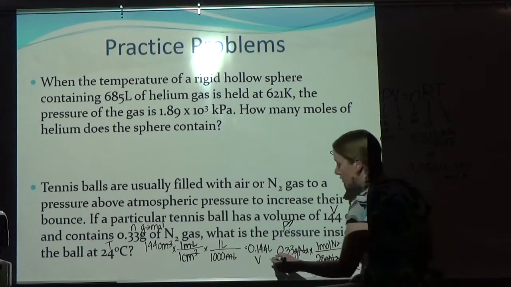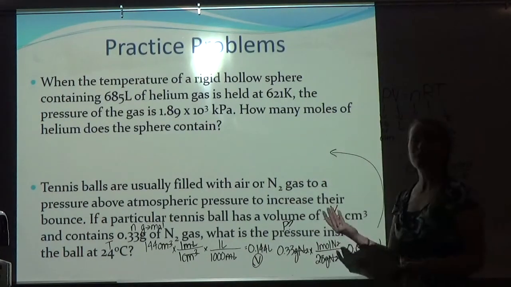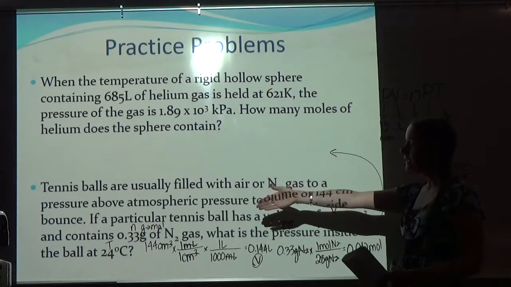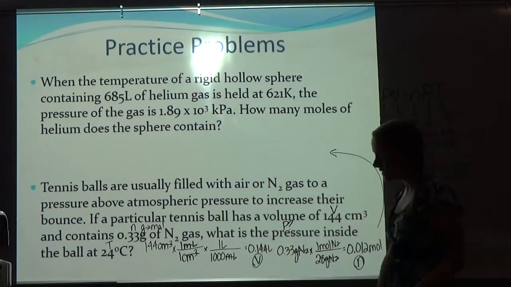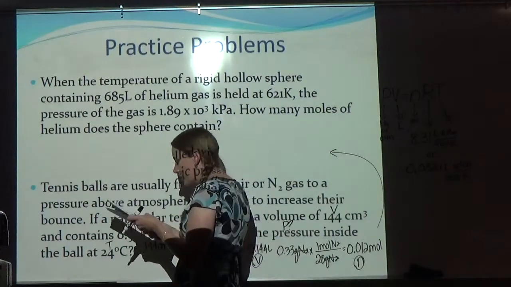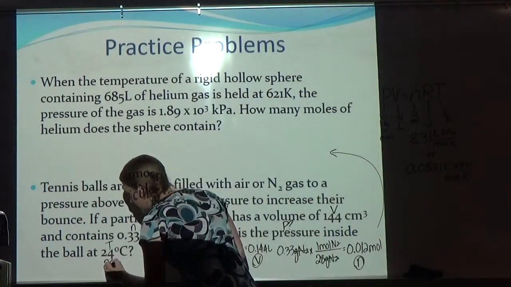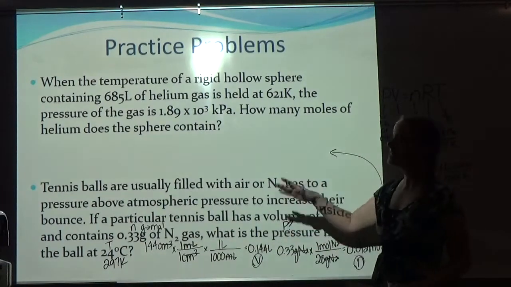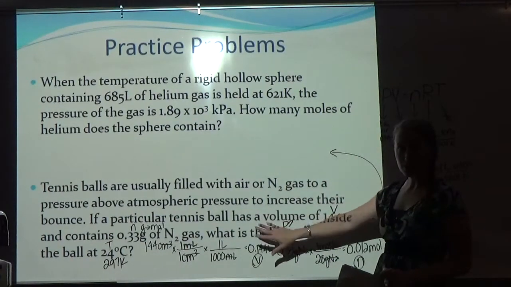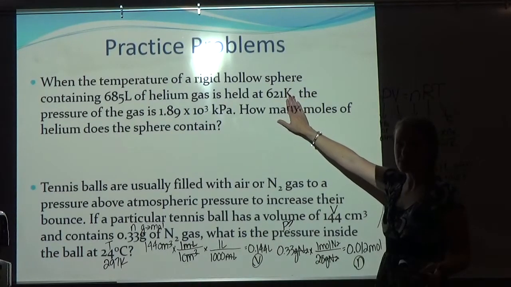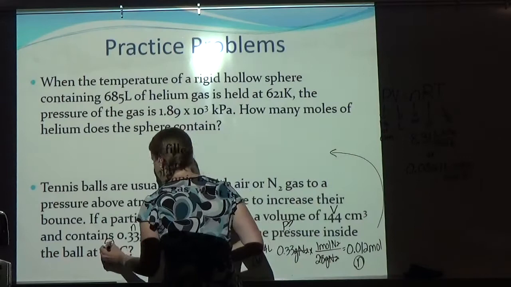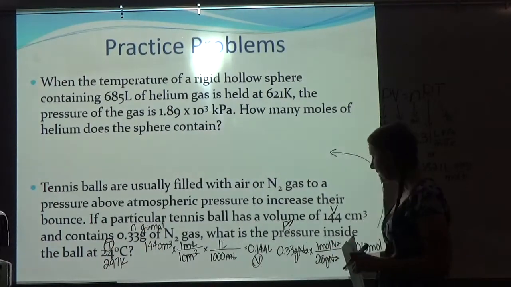So see, now I have a good N and a good V, and by good I mean correct units. We're looking for pressure. And then last one is temperature. And of course it gave me Celsius. So I add 273, so my temperature becomes 297. So see again, like I said, sometimes you have more converting like we did down here than other times where we didn't have much up here. Now that I have a good T value, a good V value, a good N value, I'm ready